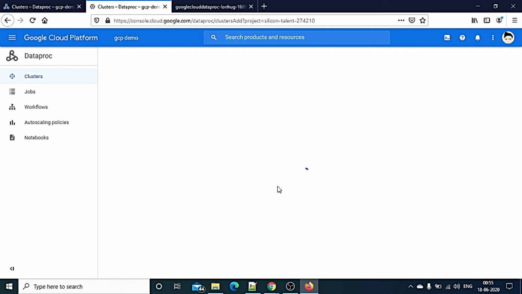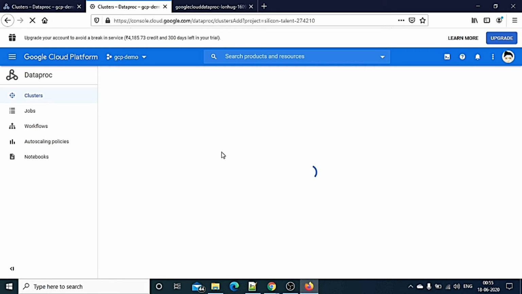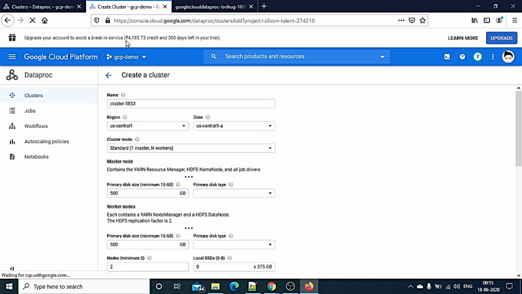It's a bit slow. Ignore this option because it's an old account, so I have exhausted most of my money here. So you can see these are the options: clusters, jobs.